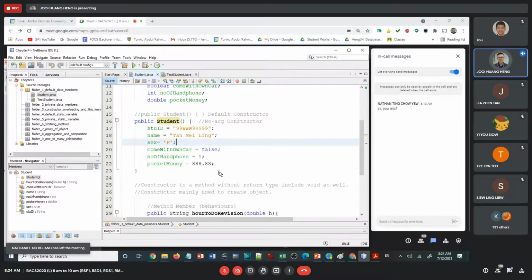Okay, so here I remind you again, a constructor is a special method without a return type. Even void you cannot put. Even if you say return nothing, you cannot put void there. Just put public with the class name followed by the method. So this is a special method. And this you never see in the other